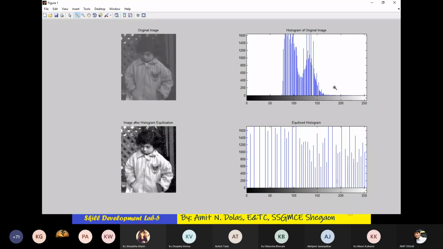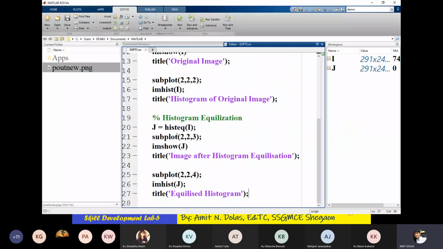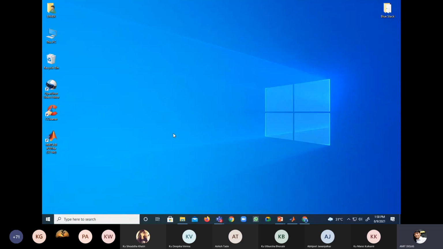Then the histogram equalized image, the image after equalization here, and the histogram of this equalized image, meaning the output image's histogram, here. So in this manner we performed practical number 1 out of 12.